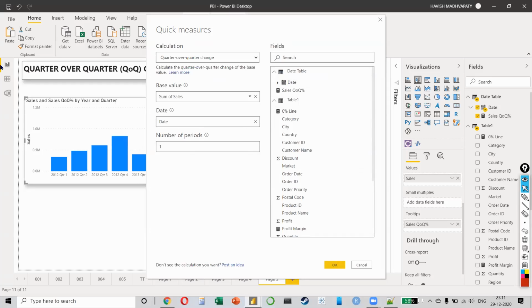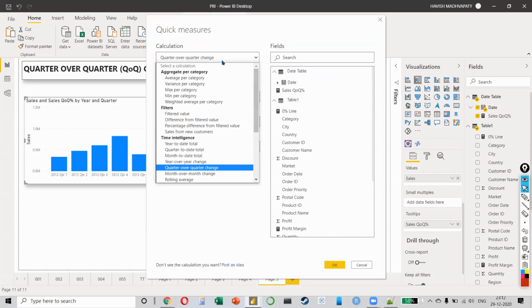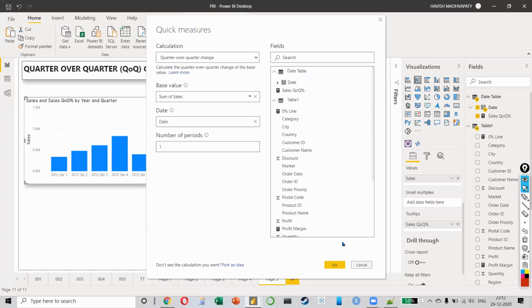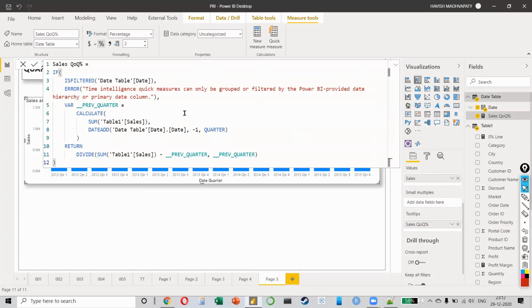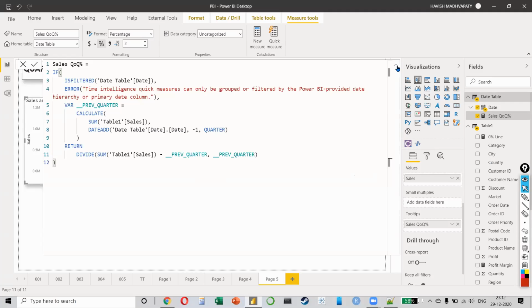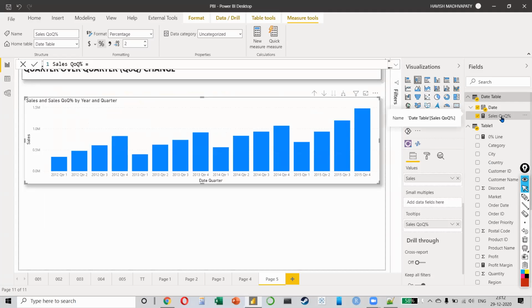That's all, right? Do you see the simplicity? If I wanted to write the formula, we could have done that. But because Microsoft knows that a lot of users don't want to bother themselves with the formula, they just want the result, right? That's why they have created these inbuilt calculations. Once you do that, you will get the formula like this, which is basically comparing the current quarter with the previous quarter, right? And telling you the change. And that's it. Once I've done that, I can put my QOQ percentage in my tooltip here. When I put it in my tooltip, the value will appear like this, 41% growth.